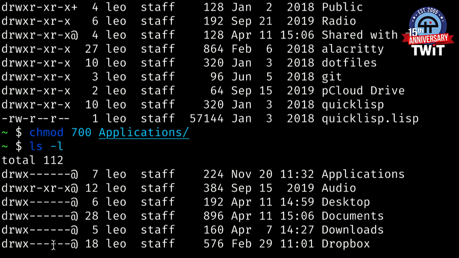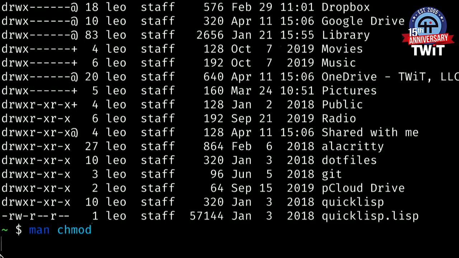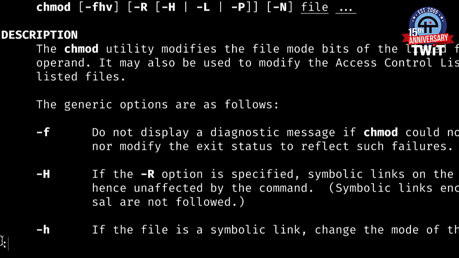You might say, how do I remember all of this? Well, that leads us to a really useful command, man. That's the man pages. And almost all Unix commands have man pages generated when you install the tool. In this case, if I type man chmod, that's going to get the manual for the command. It's a little cryptic. These are the switches, -F, -H, -V, -R, -L, all of these, and then the file